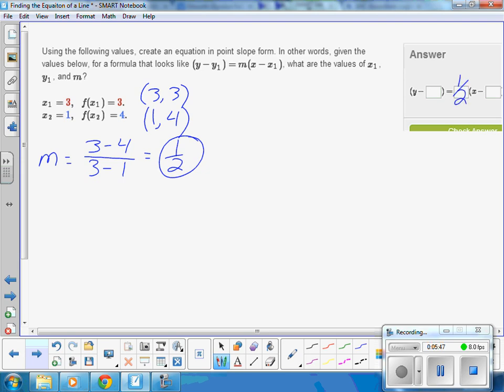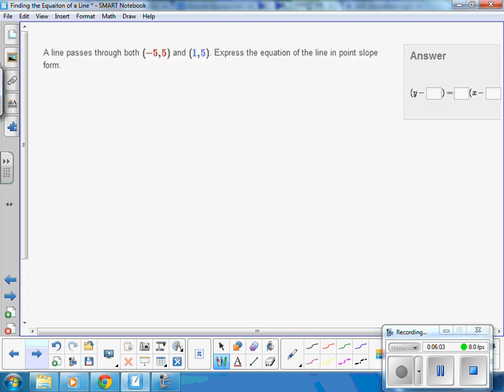Then I can use either my red point or my blue point. And if you remember back in the older lessons, I always used my red point. My y is 3 and my x is 3. This is y is 3 and x is 3. Given 2 points,